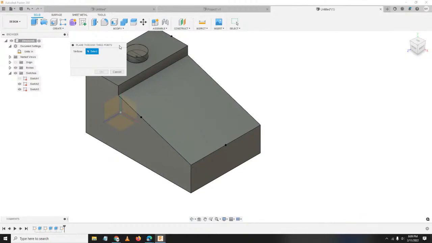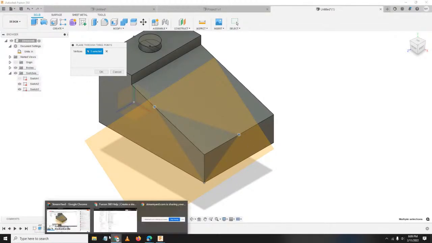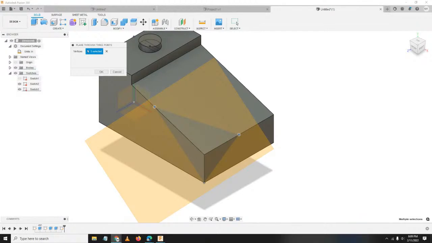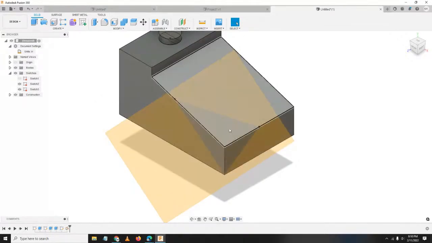So select natin tong first point, itong second point, and itong third point. So ganyan siya. Okay? So, tignan natin yung preview and click OK. Yan. So now, i-cut na natin siya or i-split body na natin siya para mawala ito.